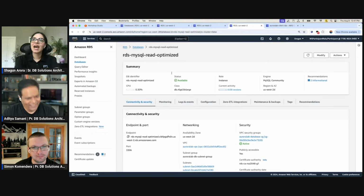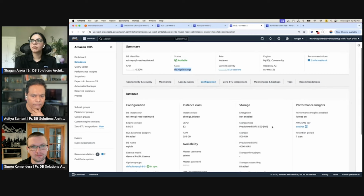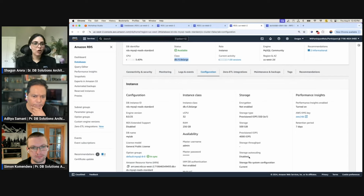the only change that I have between read optimized versus the other one is the instance class. That's the only thing. So with this feature, this comes on by default. So if you're using an instance class that supports read optimized, it's going to be on by default. So in terms of configuration, I'm using IO1 500 GB 4000 IOPS. Compare it to my standard. So really I'm using the x86 instance class by using the same IO1, no dedicated log volumes, none of those things are turned on. So this is purely based on that, the read optimize and how it's looking at the